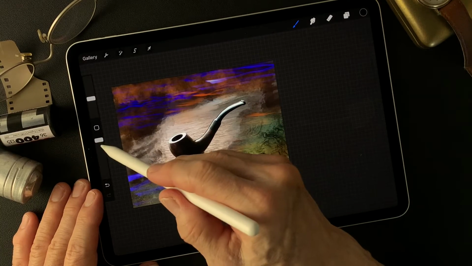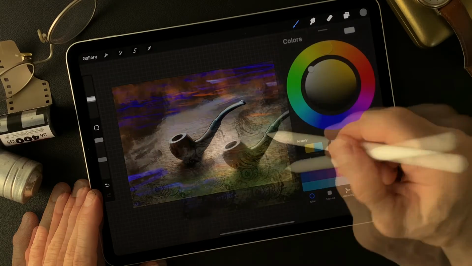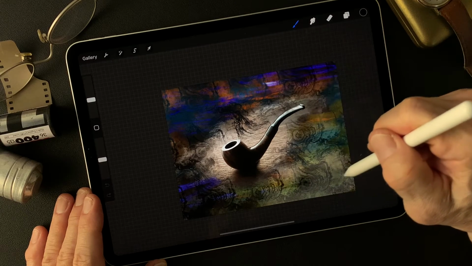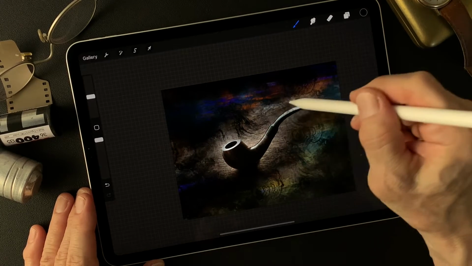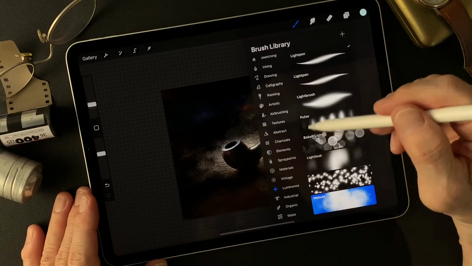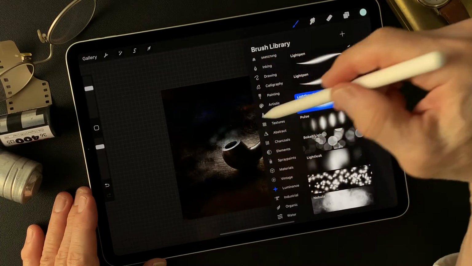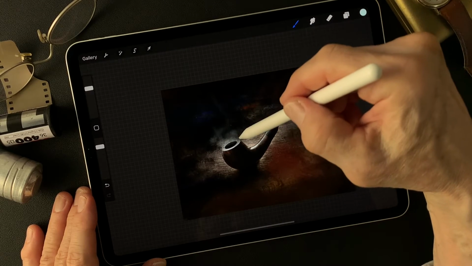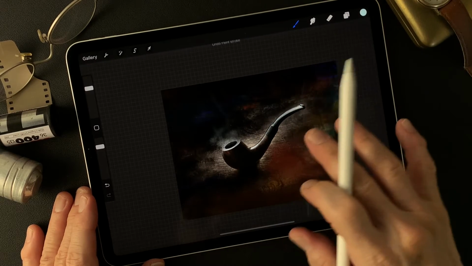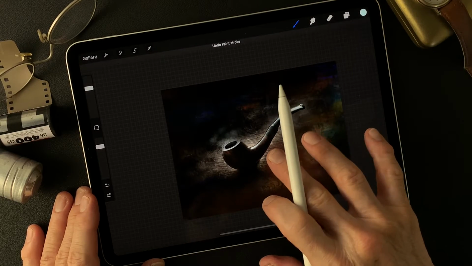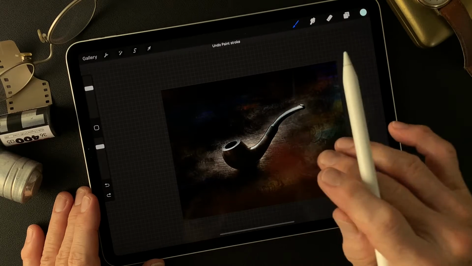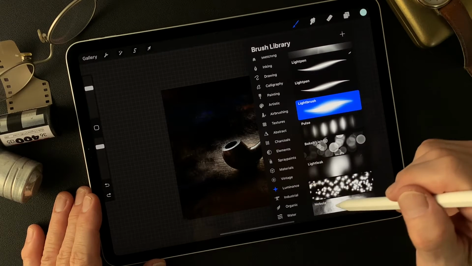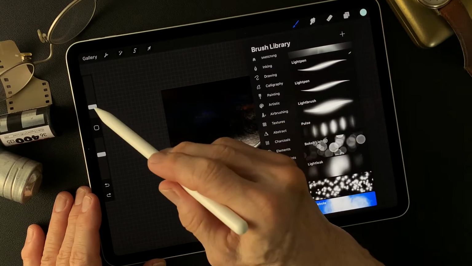Well, this black texture. This is interesting. Luminance group nebula to make some